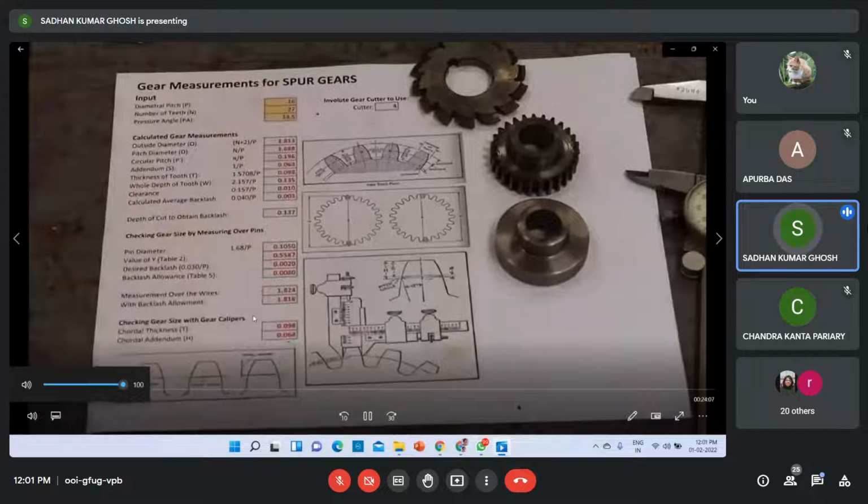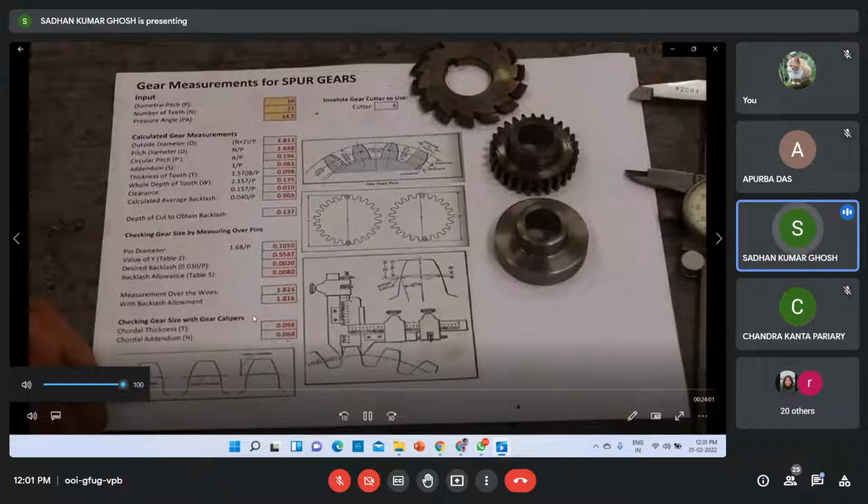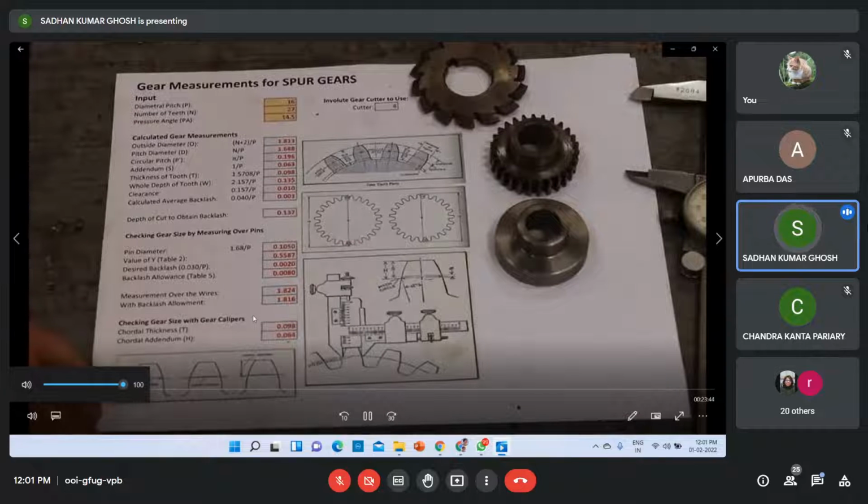So after we do our first cut, we'll come in here, we'll measure that, and we'll see how far we need to go to get to our final depth. We'll dial that in on the milling machine, and then we'll recut the teeth to get to that depth. If I was making multiples of these gears, I could get my machine set, and I could probably just take the whole cut in one pass. But in order to set the machine up, I really need to make 2 rounds to get it right on. Again, if I was doing mass production, you could just do it all in one pass.